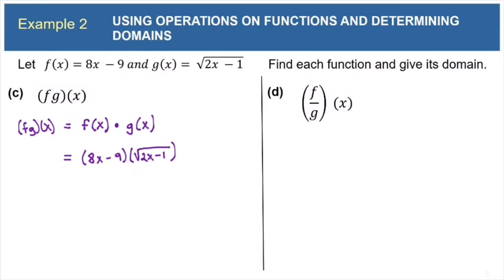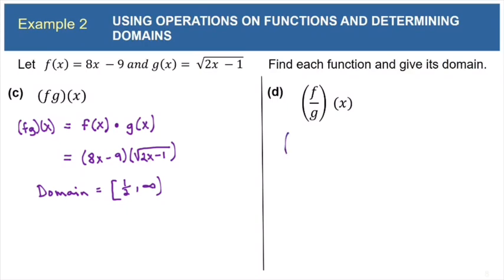And notice that the domain of this product would be the same as the domain we found for f plus g and f minus g. Because if you're just looking at this term, x can be anything, but if you look at what's under the radical, we have to make sure that 2x minus 1 does not become negative. So the domain of this function will need to be the same as the domain of the previous two functions for the same reason. So I'm just going to say that the domain of f times g is bracket 1/2, comma, infinity. And now for part D, we have f divided by g of x.